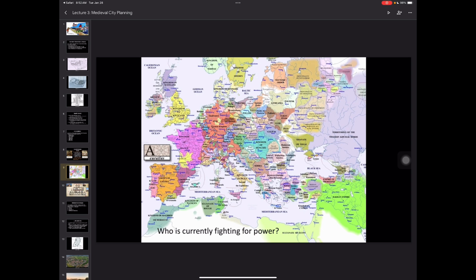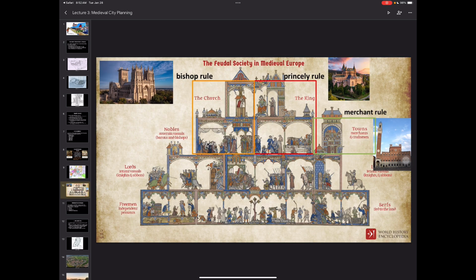Well, if we think back to our hierarchy, right, on this grid or this diagram that I love so much, you always have to look towards the top to know who is in power and therefore who are going to be the major players in this warfare. So first off, we do of course have our king, or what we call princely rule. And we call it princely because it's not always a king, right? There are certain places where it's a prince that's in charge, or a duke, or a baron. But what we do know is that it is part of the nobility and that structure, right?